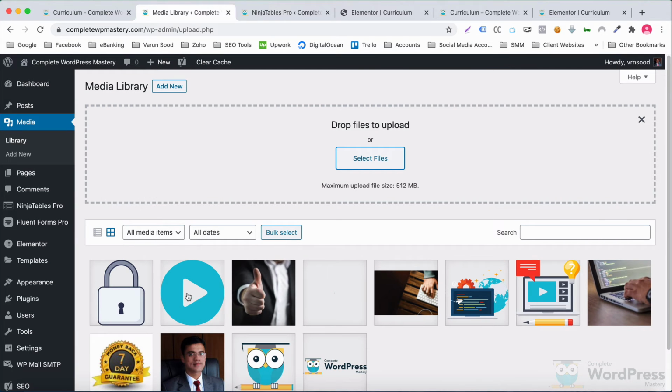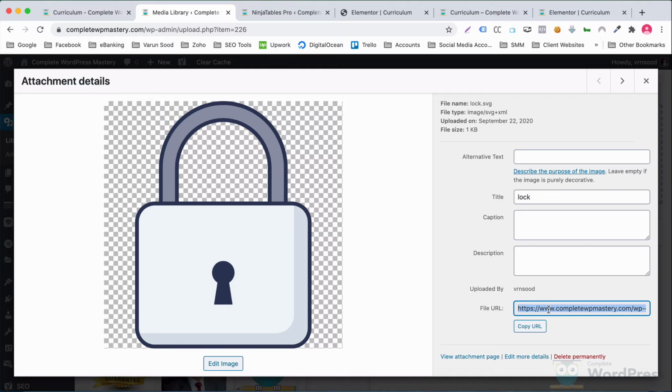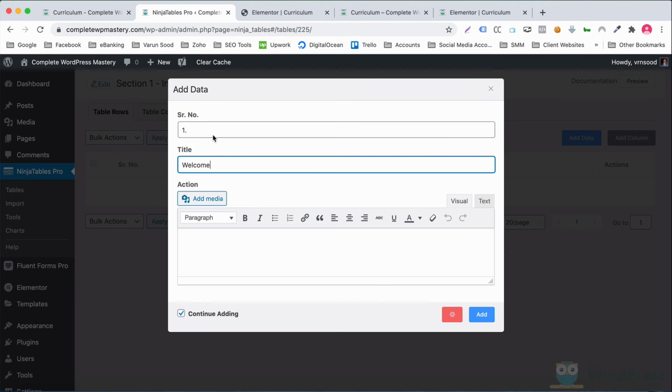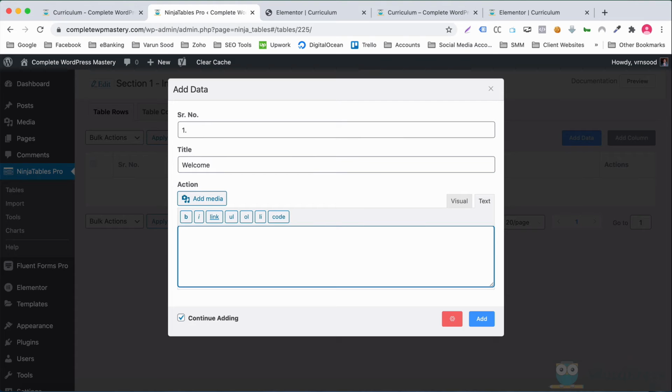Once uploaded, I'll copy the URL of this image, come back to the table, and add an IMG tag in the third column, which is of type HTML field if you remember.